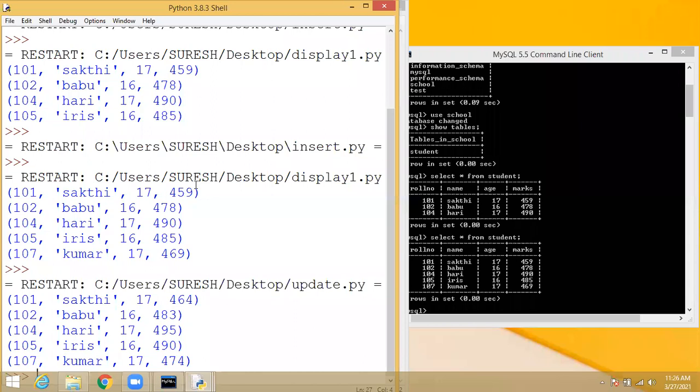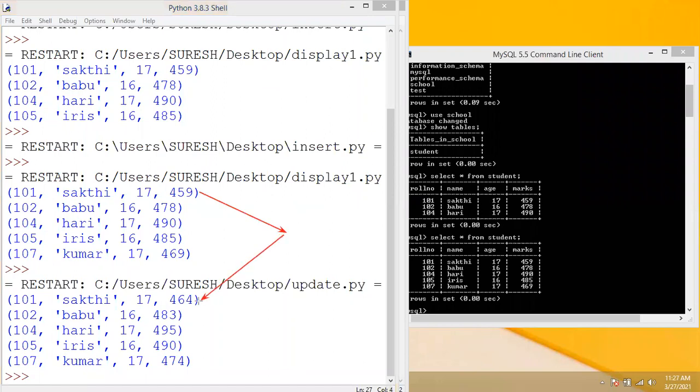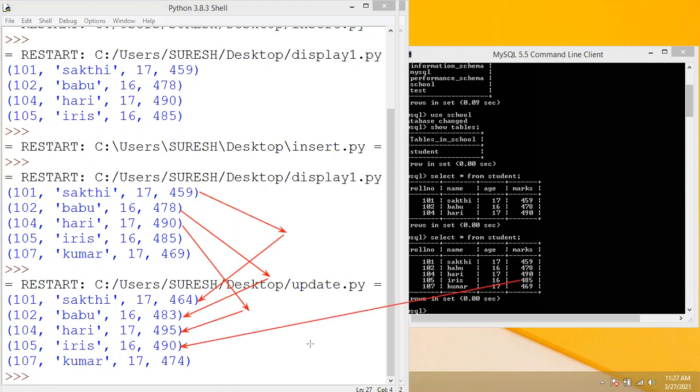You can see the changes updated, and you see here 459 is increased to 464, 478 increased to 483. Like this, every mark is increased by 5. Understood, students? Yes, sir.